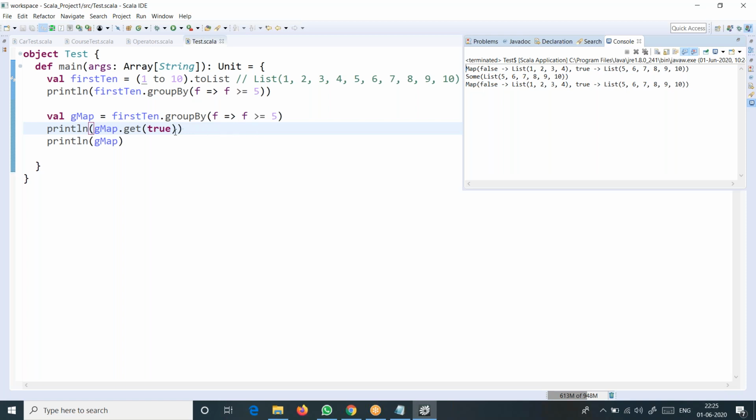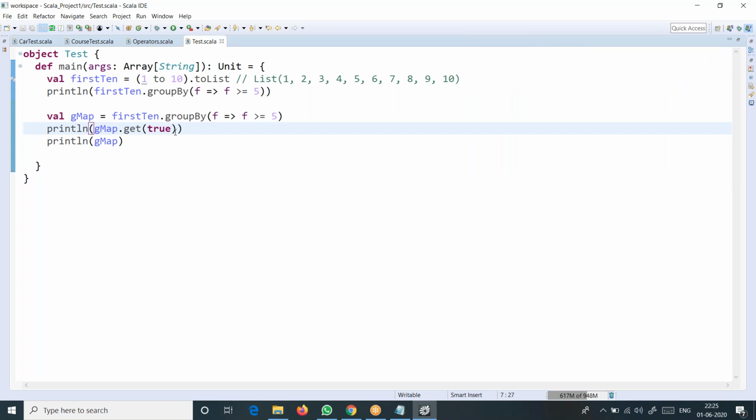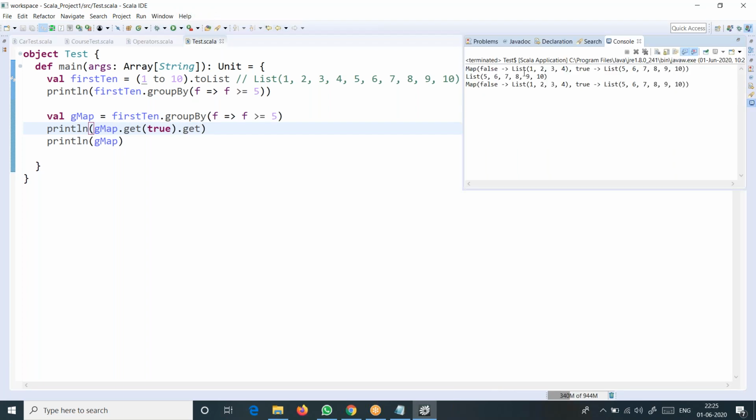On top of that, just apply get again. That will work. If this is giving you Some, and you apply get on this, then you get only the list there. We have discussed this long back, and a number of times.